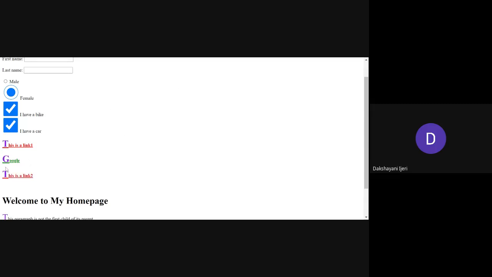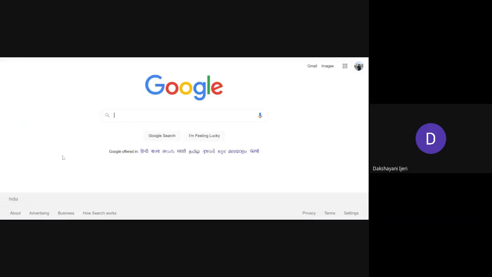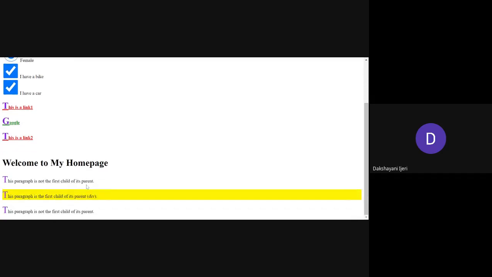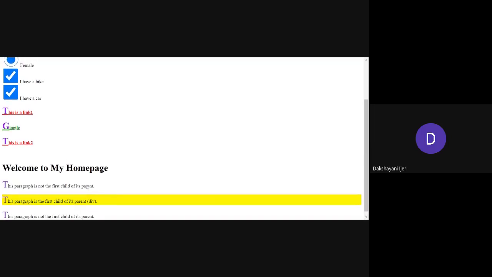These are not proper links, or a proper address has not been given to these links. This is link 1 and this is link 2, so we are not able to switch to that particular address. But for this one, I have given the proper address. If I click on this, it will take you to the Google page. If I go back, you can see the label of this link has changed, just to show that this link has already been visited. Is everyone clear with all these things?